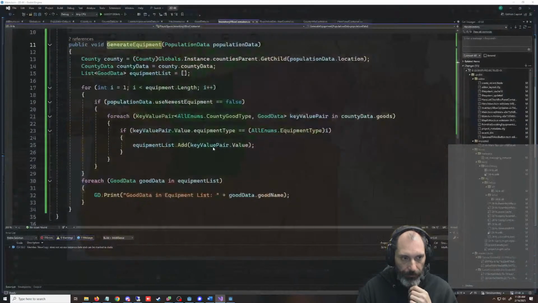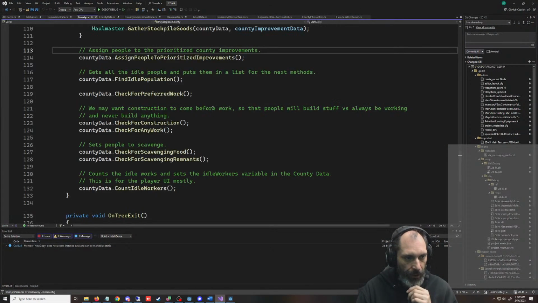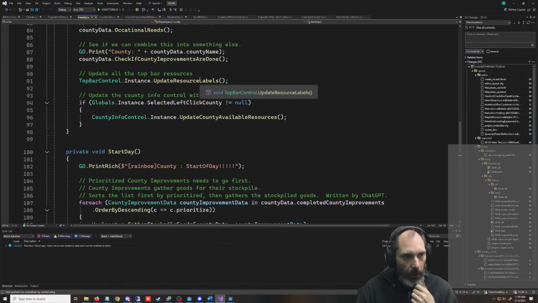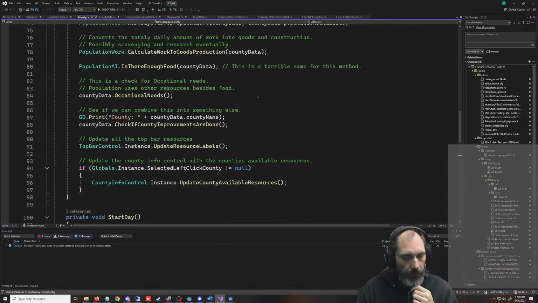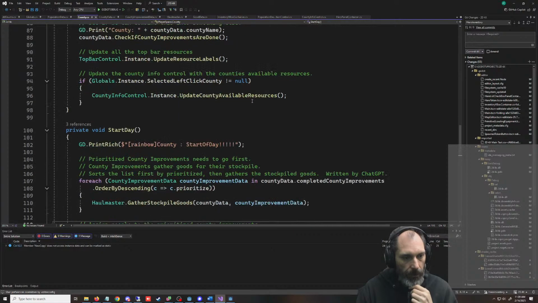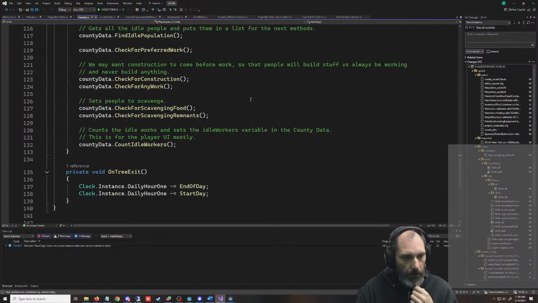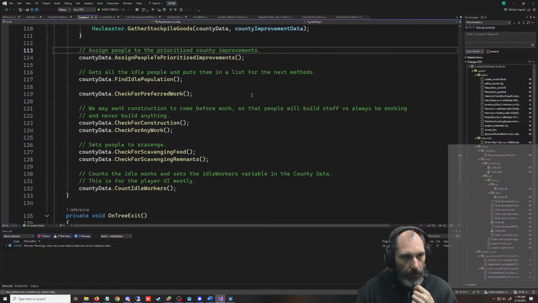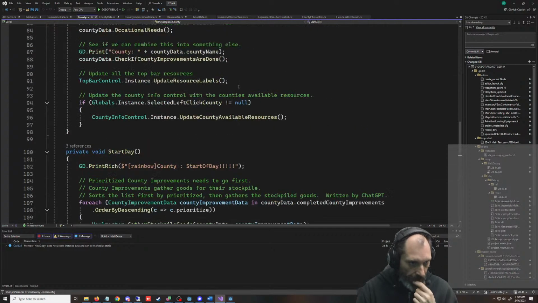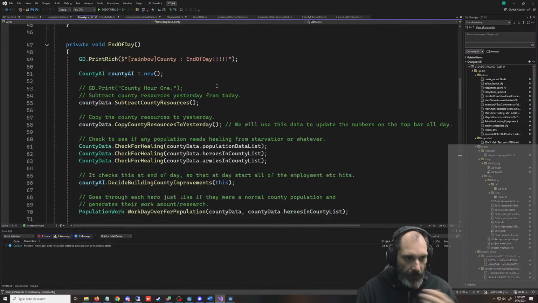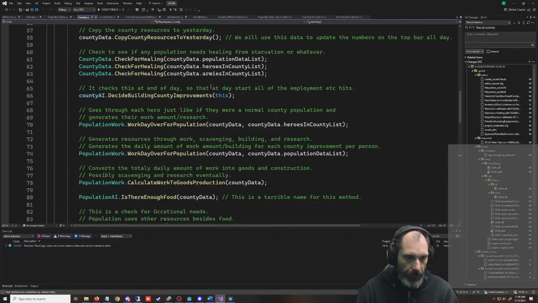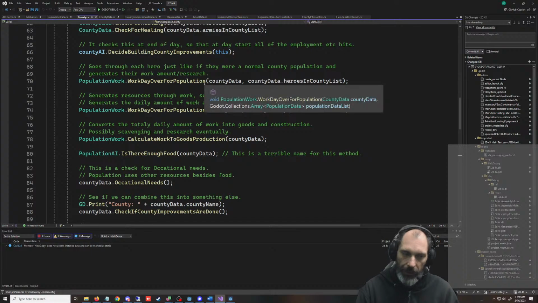All right, so let's fix where this goes. We're back to our county thing. It's got to check every county, and we want it at the end of day. We could actually add a new thing in here. Once again, I'm always worried about